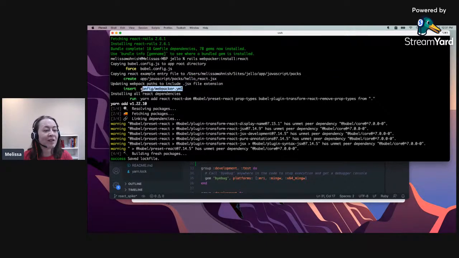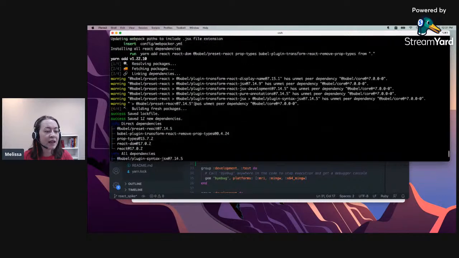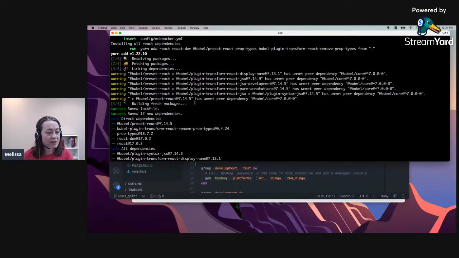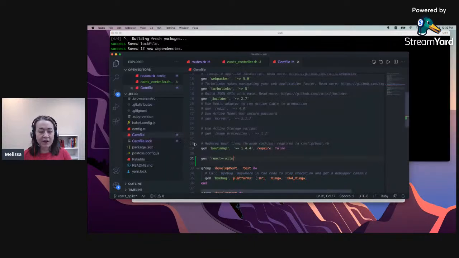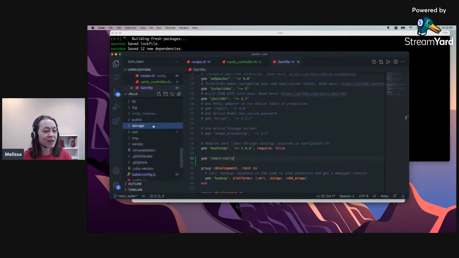We didn't actually have one. Okay, I thought we did, but it's installing the React dependencies, so React DOM, all of that into our packages. And then that's it, I think. Okay. So we have some new Babel config, and then